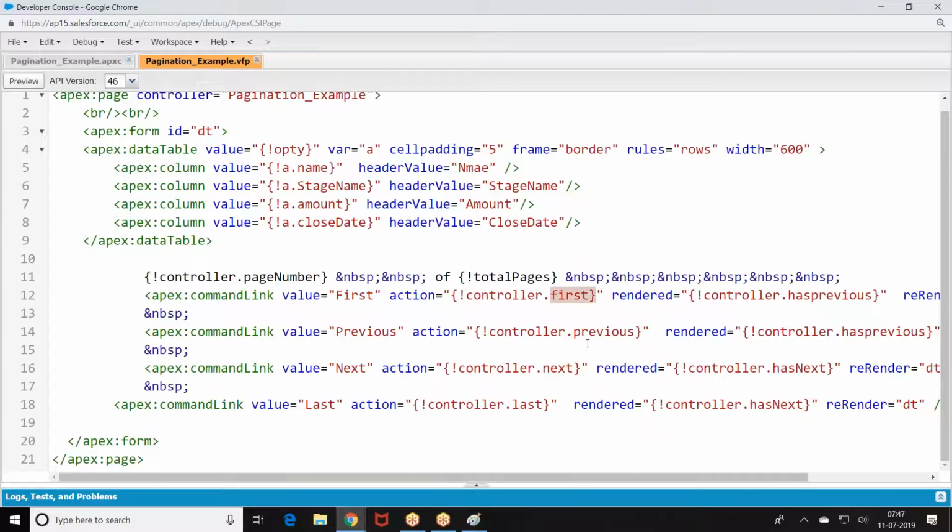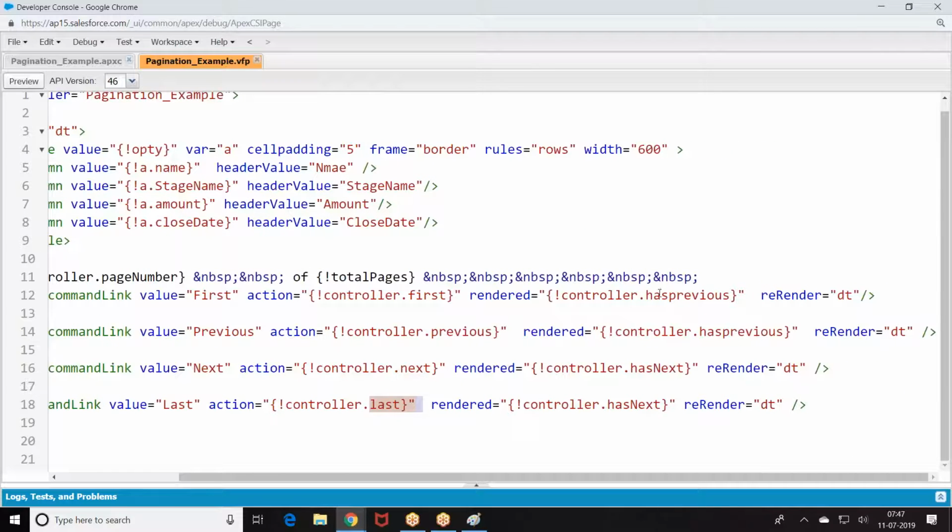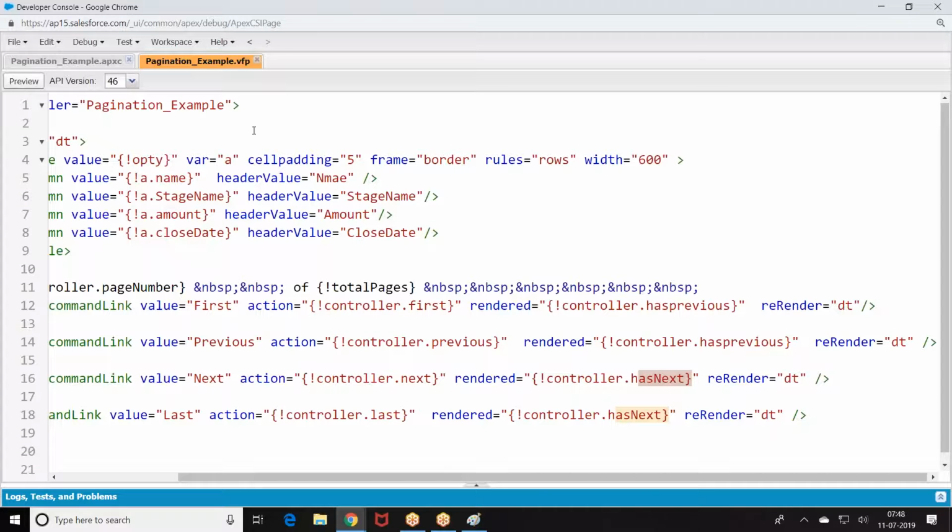When I say first page, it is getting the first page. It is getting the next page. It is getting the last page. It is checking if you have any previous page, then only show first. The first button should be visible if there are any previous pages. Show me previous only if there is any previous page. Show me next if you have any next page. Like this, all these are predefined functionality.